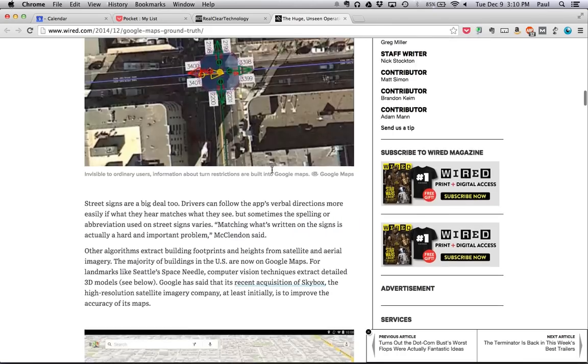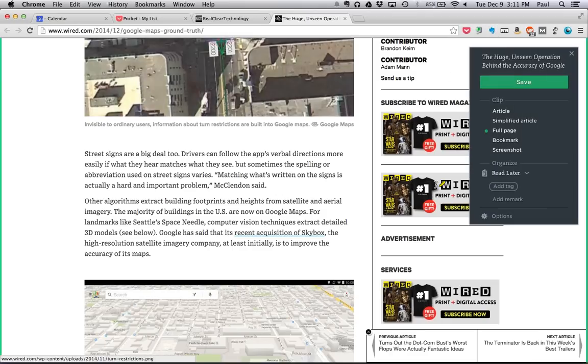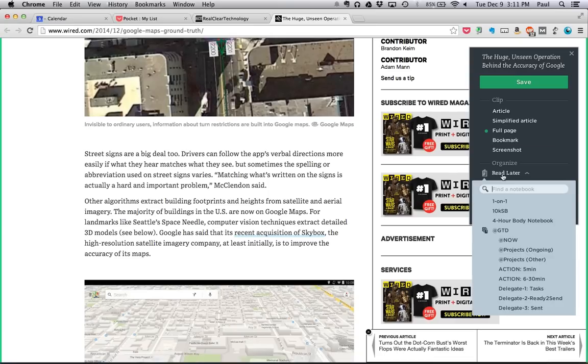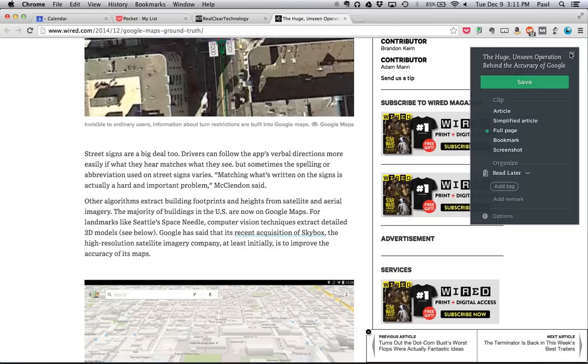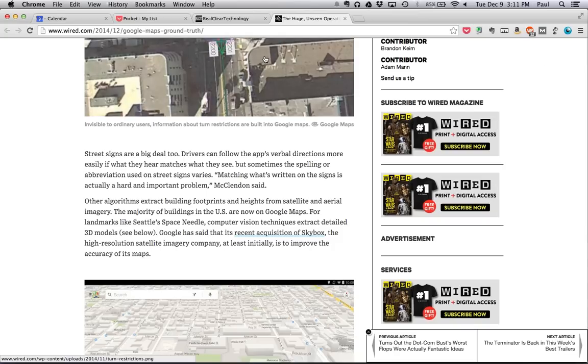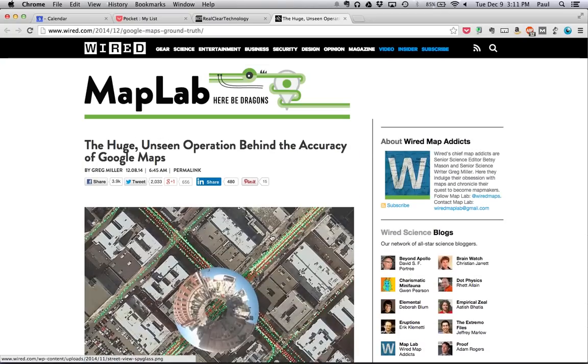Another thing that you can do, it's all dependent on how you want to set it up. For me, I use Evernote to save videos to watch later. Let's say there was a video on this page, or let's say I was on YouTube, I would click here and then I type watch later, and I have a little notebook within my Evernote called watch later, and I would save videos there. But again, it all depends on where you want to save your information. That's why I wanted to show you both options, because some people love using Pocket for saving articles and videos. Some people prefer to save all their videos and articles through Evernote because that's where they put all their stuff.